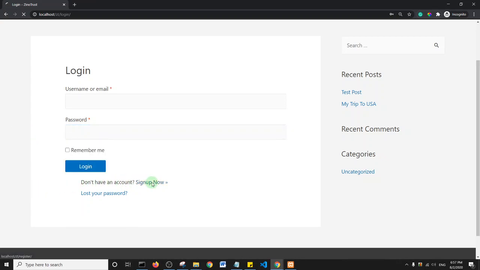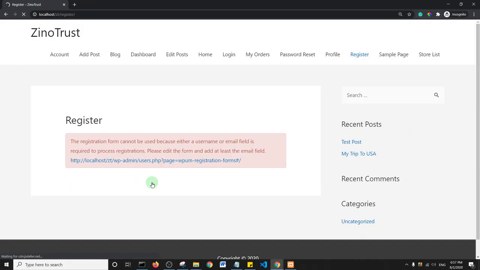So I'll click on sign up so we can see the registration page. So there's an issue with the registration page. It says that the registration form cannot be used because either a username or email field is required to process registration. Please edit the form and add at least an email field. So basically I'll show you what this means. First off,